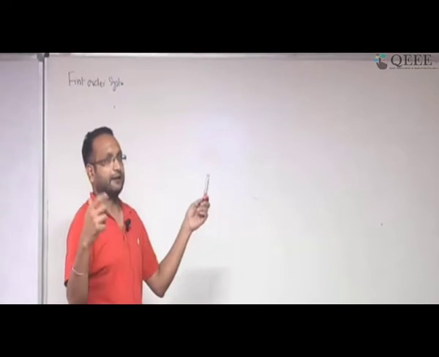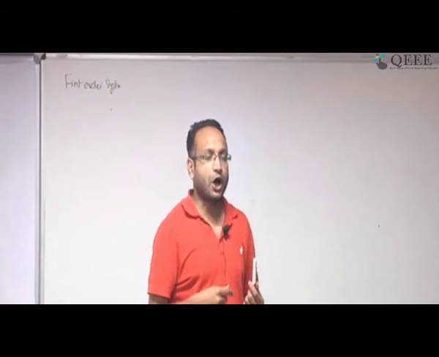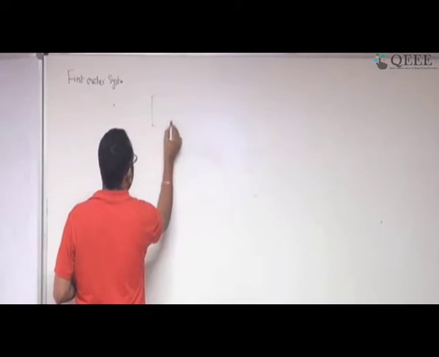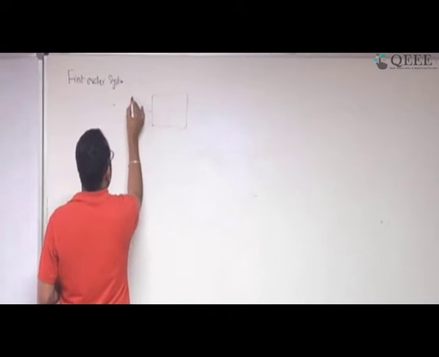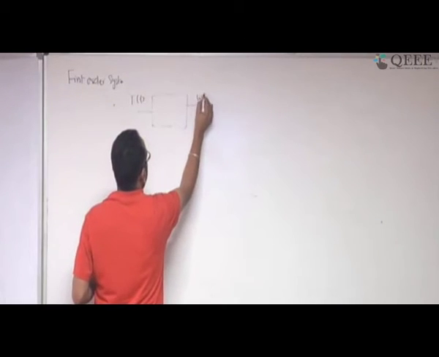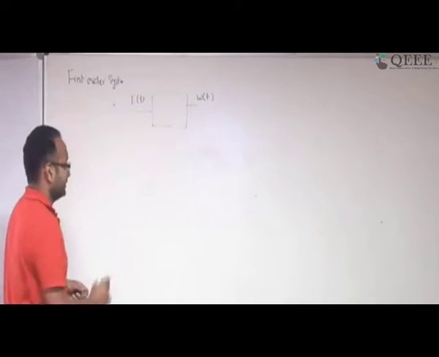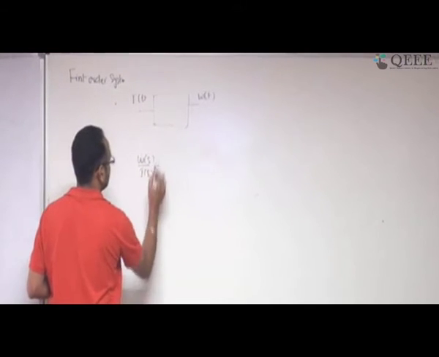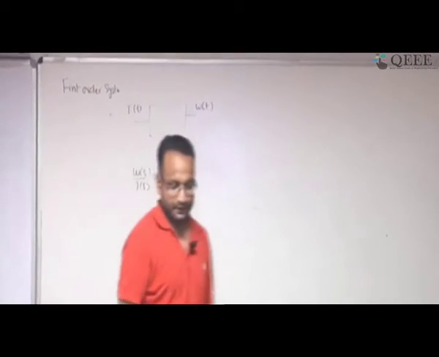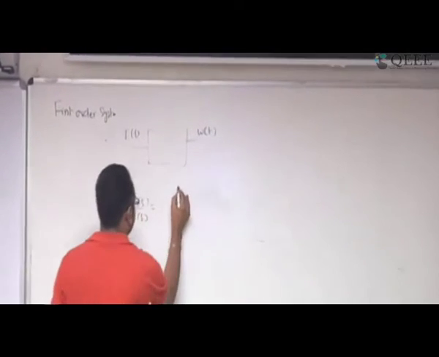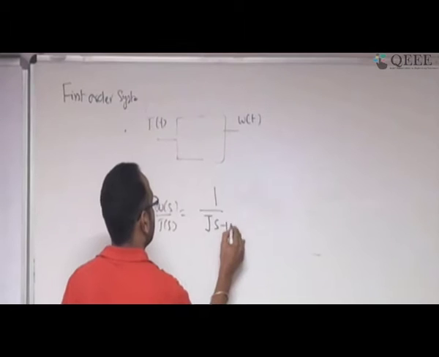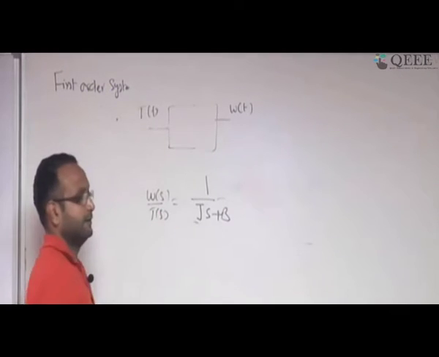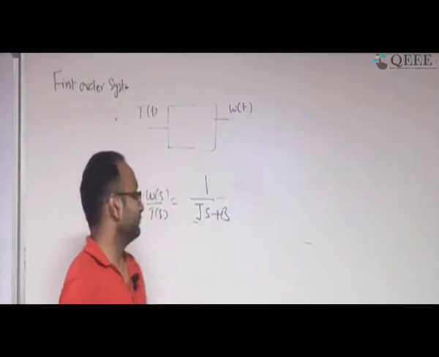In the last class I gave an example. There was a load, and the load was supposed to move using a torque, and I gave a complete expression, which I am not writing again; you can look back at your notes. The input is torque and the output is angular velocity, and this is the system. If you remember, last class I solved that omega(s) by T(s) is 1 by Js plus B, where J is the moment of inertia and B is the viscous friction.